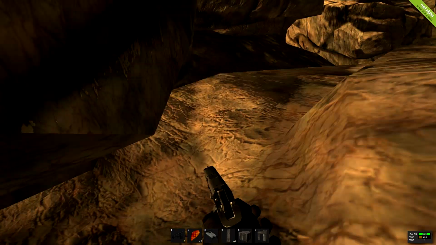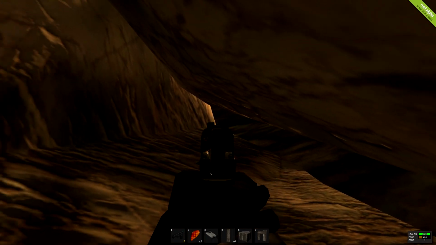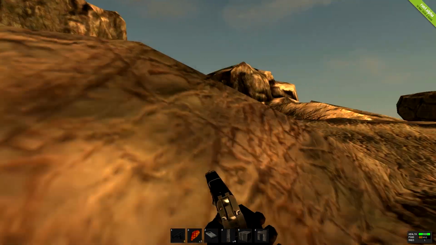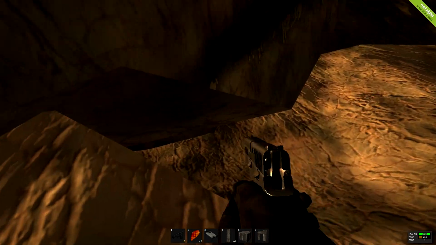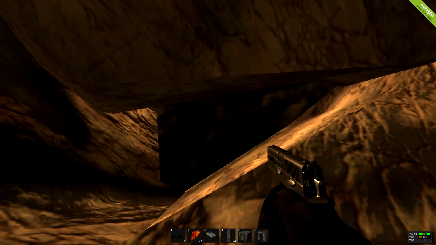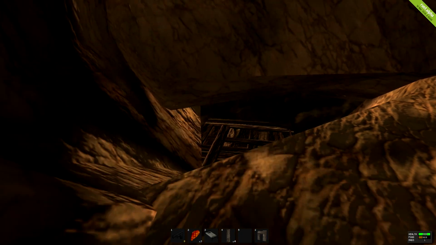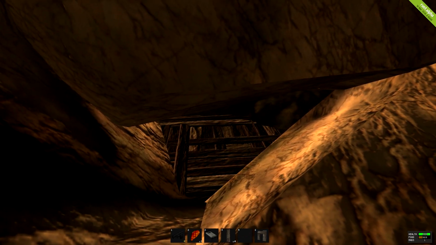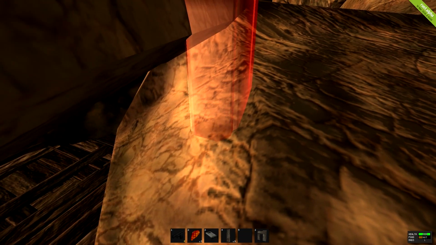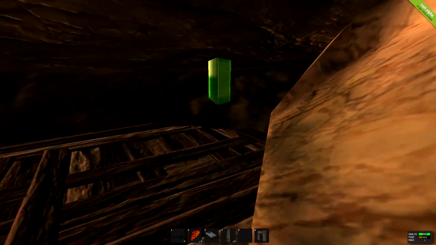Now one thing I like about this is that if someone does find out about your base, you can shoot in and out of this area, and if you don't like that, you can also stop it. Now I'm just gonna place one foundation here to show you guys. Place that foundation, place the pillar, and crouch under here,